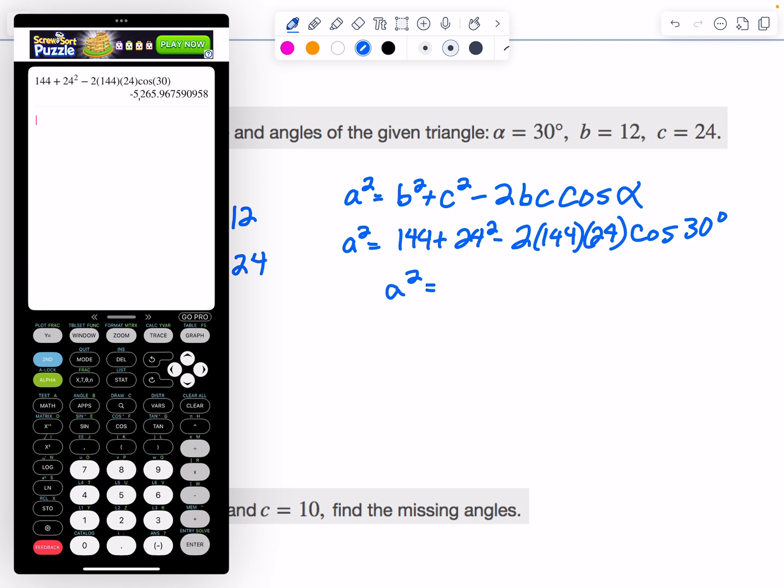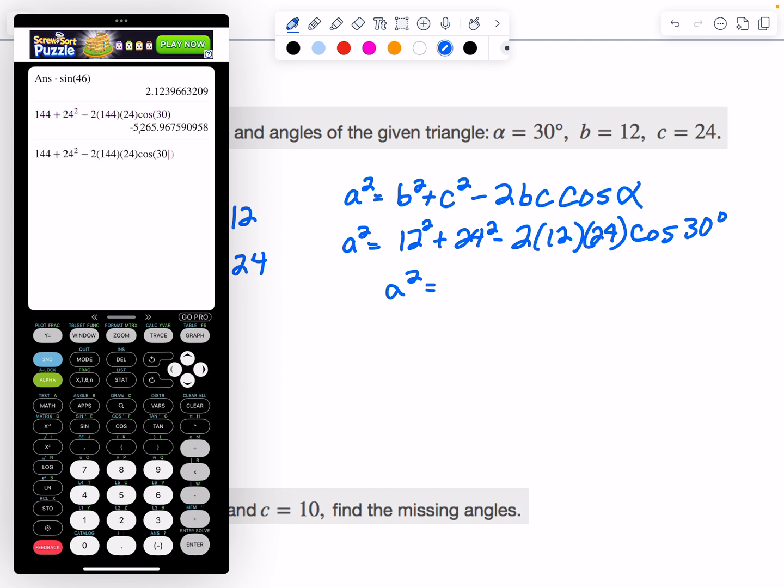So I got this crazy big negative number. So somewhere in here is messed up. What did I plug in wrong? Oh, I plugged in 144. That should be a 12. That was the problem. I shouldn't have done the 144. There we go, 12 squared. So that's just a 12. Okay, so I think I can copy and paste and just go through and delete the 144. Some of you guys probably caught that already. So we get, there we go,